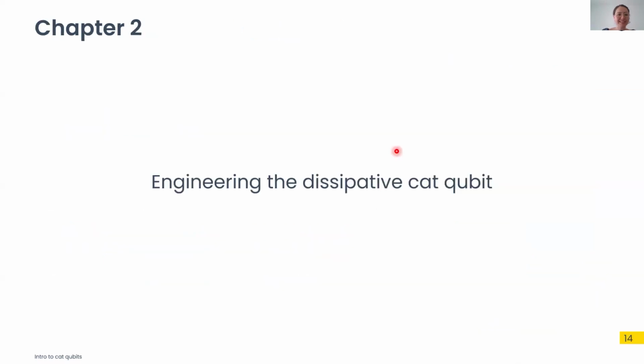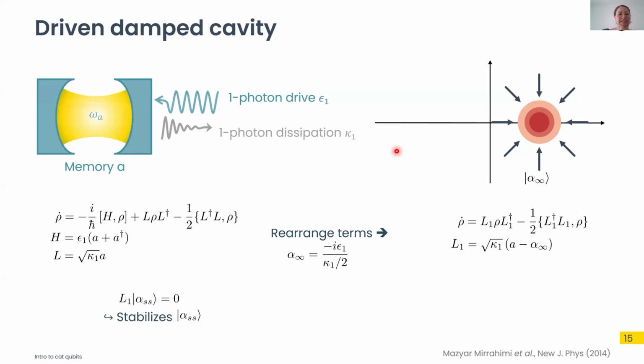So basically, this is the motivation of why we're interested in cat qubits. And now I'm going to quickly tell you about how we engineer a specific type of cat qubit. Again, I'm going even deeper, the dissipative cat qubits. And so basically, the image is if we want to stabilize an alpha state, so a coherent state in a cavity, if we have a continuous input of one photon drive,